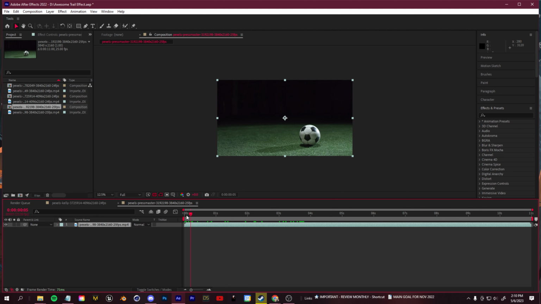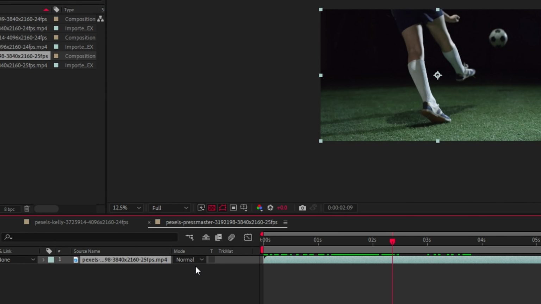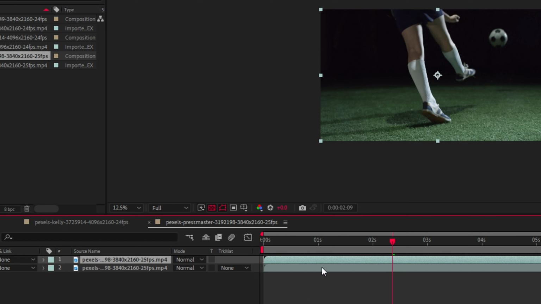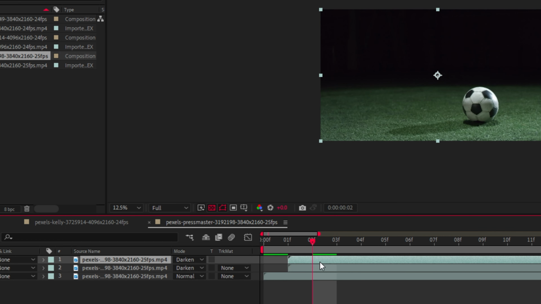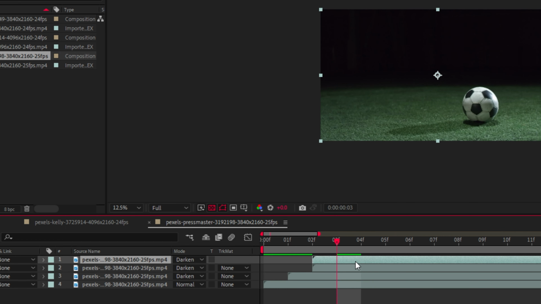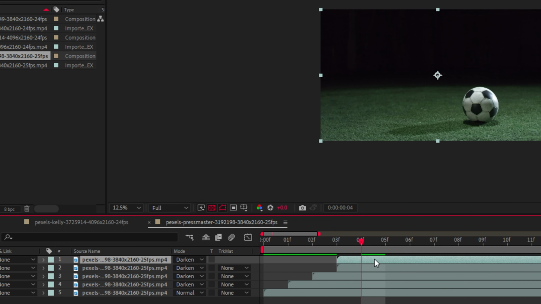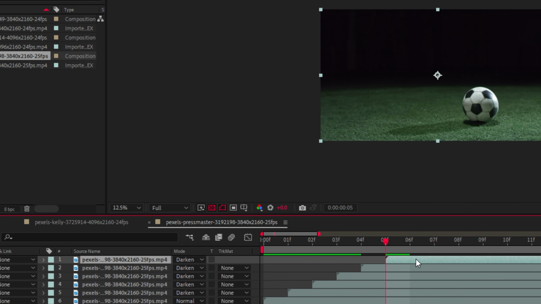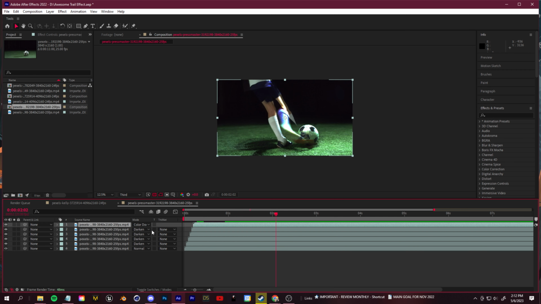The easy way to do this is to select your layer and click Ctrl D to duplicate it. You want to grab that duplication and just drag it over so that it's offset by 1 frame. Go ahead and repeat that step where you duplicate the layer, move it over 1 frame. Repeat that step for the amount of trails that you want, and then select all of your duplications and change